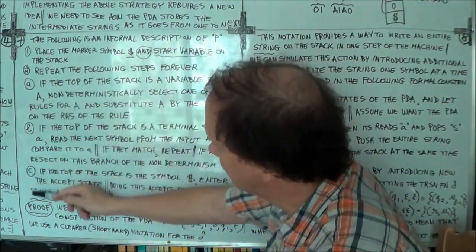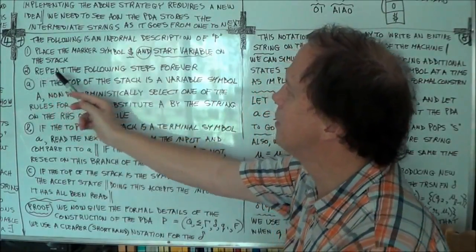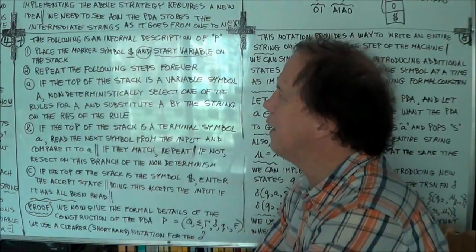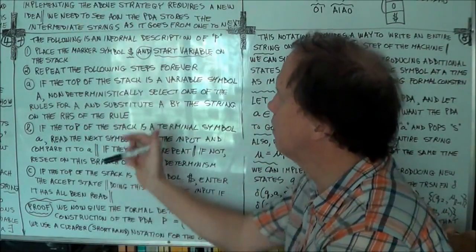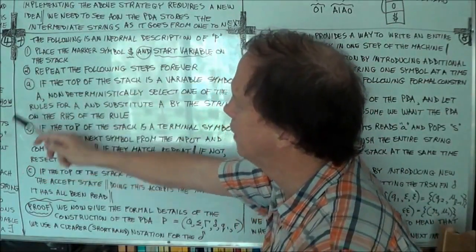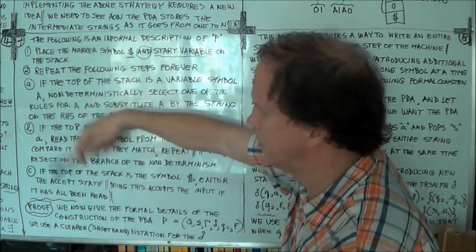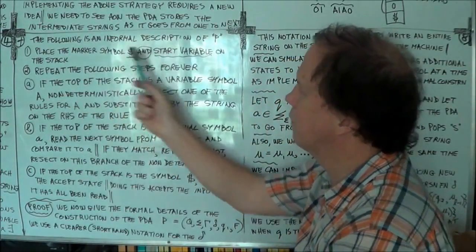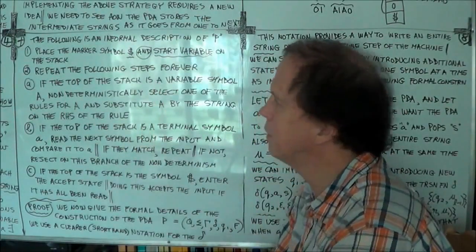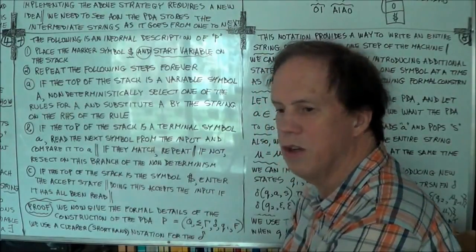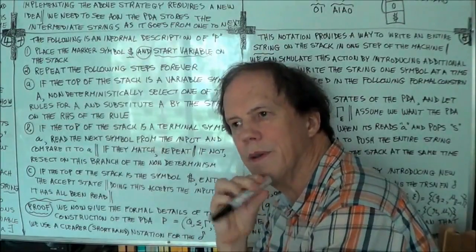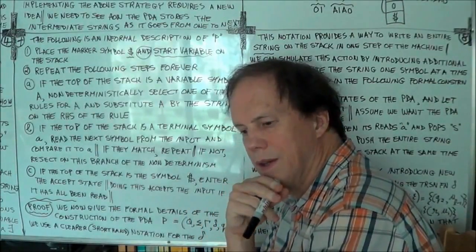So, three parts to part two. Repeat the following steps forever. Okay, so you just keep looping through this. Now, if the top of the stack's a variable, in this case it is. If you just come from 1 to 2, instead of just looping infinitely 2 to 2 to 2, if you're coming directly from 1, then the top of the stack is the start variable. So then you can go looking in your big R of your grammar, the set of transition rules, substitution rules,